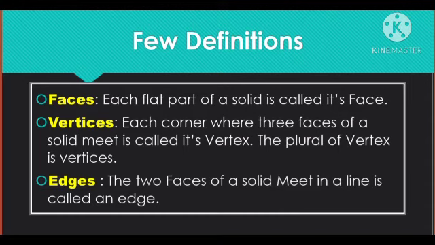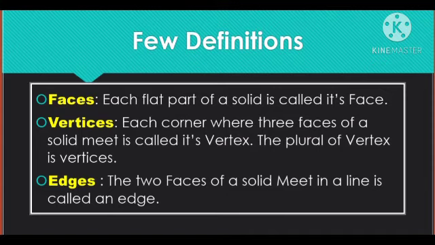यानी कॉर्नर कोई भी ऑब्जेक्ट का, कोई भी क्यूब का, क्यूबॉइड का, जहाँ पर तीन फेसेस एक साथ इकट्ठे मीट होते हैं, दैट इज कॉल्ड एज वर्टेक्स. और वर्टेक्स का प्लूरल है वर्टाइसेस. सो डोंट गेट कंफ्यूज्ड इन वर्टेक्स एंड वर्टाइसेस. वर्टेक्स एंड वर्टाइसेस आर वन एंड द सेम थिंग.